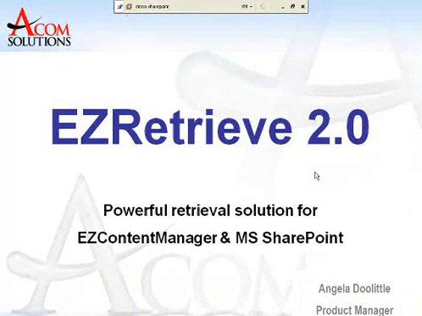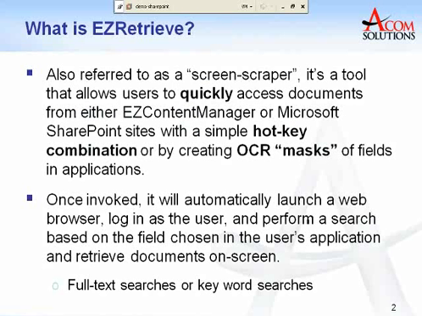This is a brief demonstration of AECOM's EZRetrieve 2.0, which is a powerful retrieval solution for AECOM's EZContentManager as well as Microsoft SharePoint. What is EZRetrieve? It can also be referred to as a screen scraper, but it's a tool that allows users to quickly access documents from either EZContentManager or Microsoft SharePoint sites with a simple hotkey combination or by creating OCR masks of fields